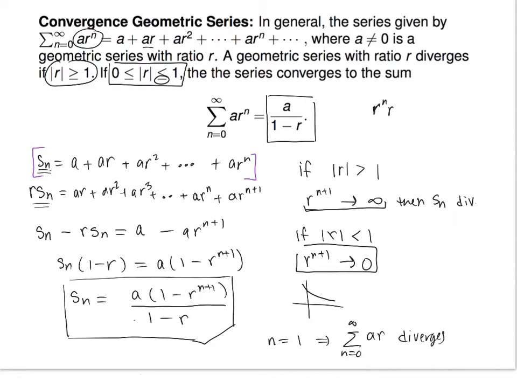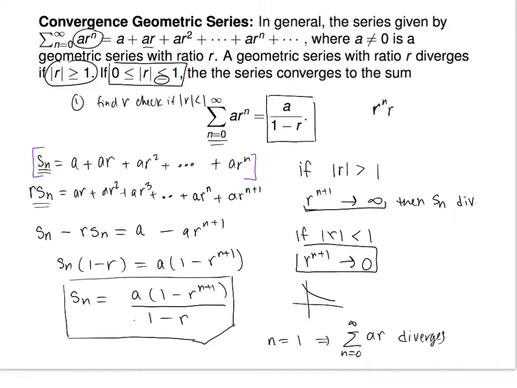Okay, spectacular. All right, so when using this formula, there are two important things. Thing one, find r, to figure out what your ratio is, and then check if the absolute value of r is less than 1. If it is, it converges. If it's not, it diverges. Once you've checked that, make sure your series begins at 0, because this formula depended on it beginning at 0. If it doesn't start at 0, you've got to do this thing called reindexing to make it start at 0.